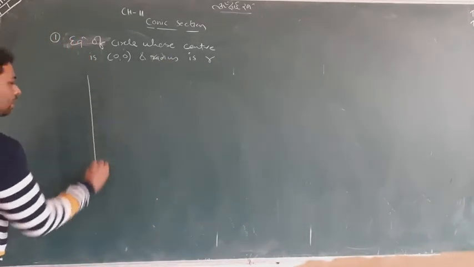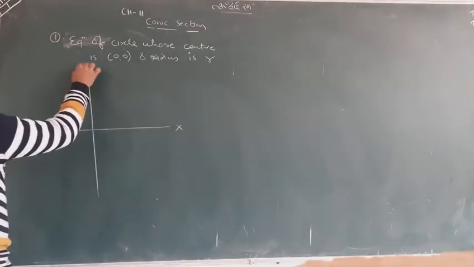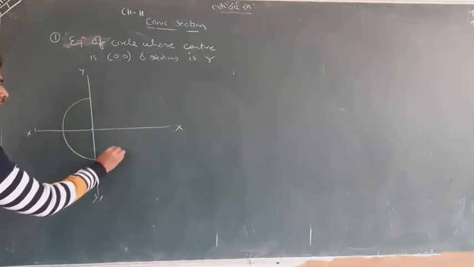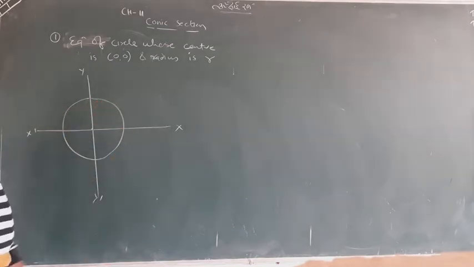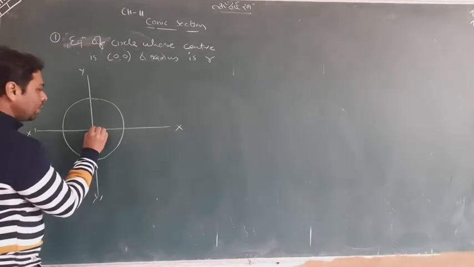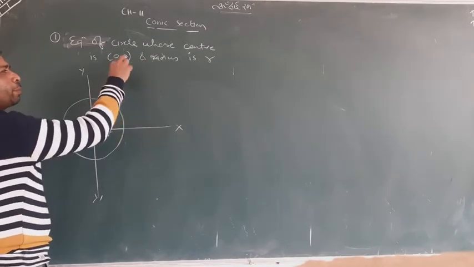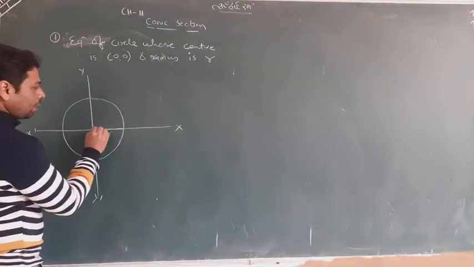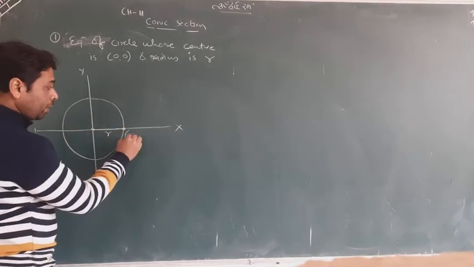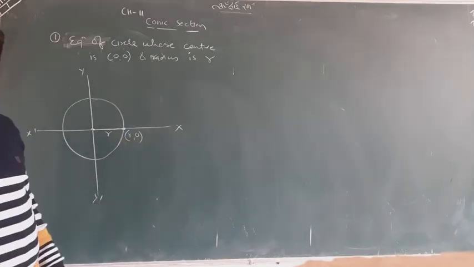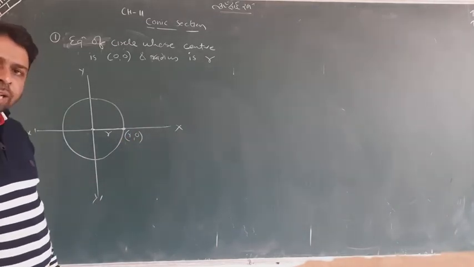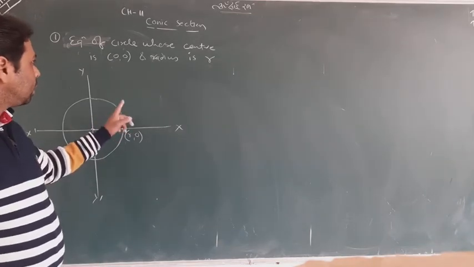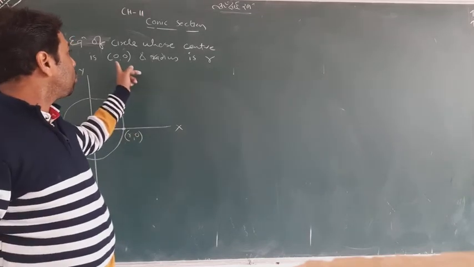Now, the equation of a circle whose center is at the origin and radius is r. Okay, I'll start with the picture. This is x', y'. This is my origin point, and I have drawn the circle whose center is the origin and whose radius is r. That is given. When it is r, this point will be (r, 0). When needed, I'll take help of this. Then how can we find the equation of the circle whose center is the origin and radius is r?